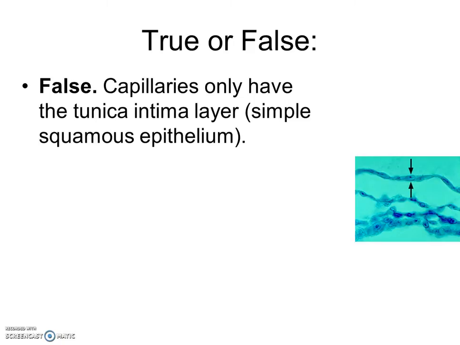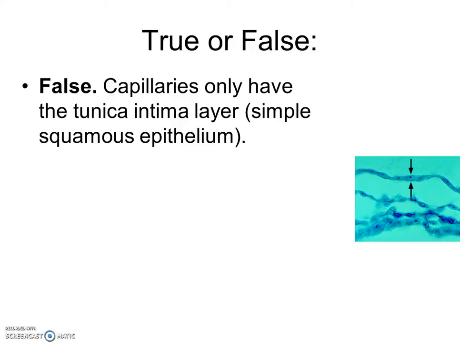And here's why. Think about the capillaries doing gas exchange, oxygen and carbon dioxide going through the capillary. So for instance, blood needs to deliver oxygen and pick up carbon dioxide. Now, can carbon dioxide and oxygen go through a really thick layer? For instance, a lot of muscle, which is the tunica media? No, it can't. In fact, remember, whenever you want to do exchange, it has to go through a single layer